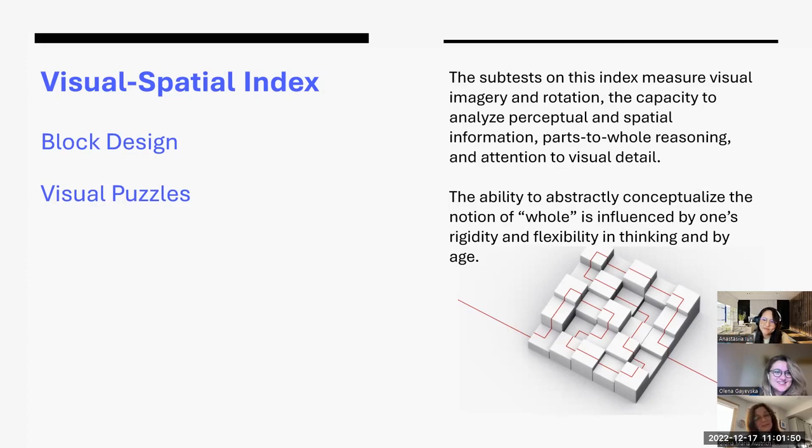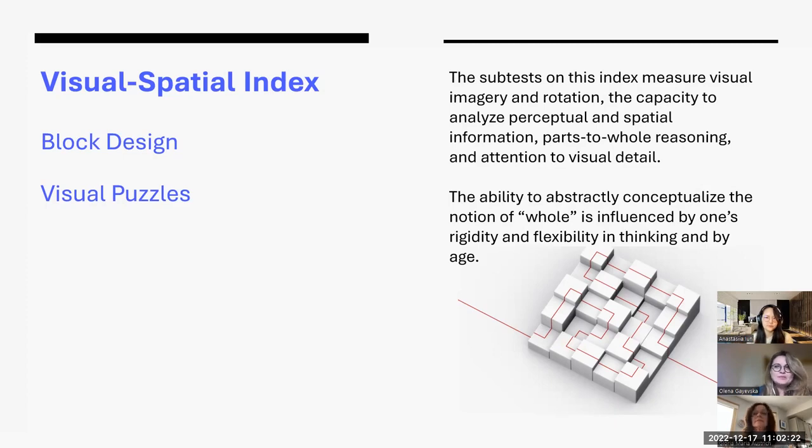So this is actually a great area for me too. So then the second area of reasoning measured by the Wechsler cognitive assessments is called visual spatial reasoning. And so again, as I mentioned earlier, all of these reasonings are assessed using two subtests. The block design and visual puzzles are the two subtests in this index. And they look at the same capacity, the same reasoning, from very different perspectives, or very different approaches, I should say.